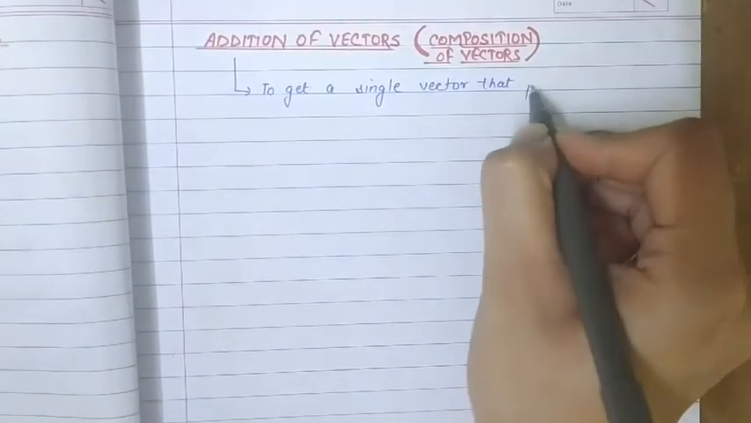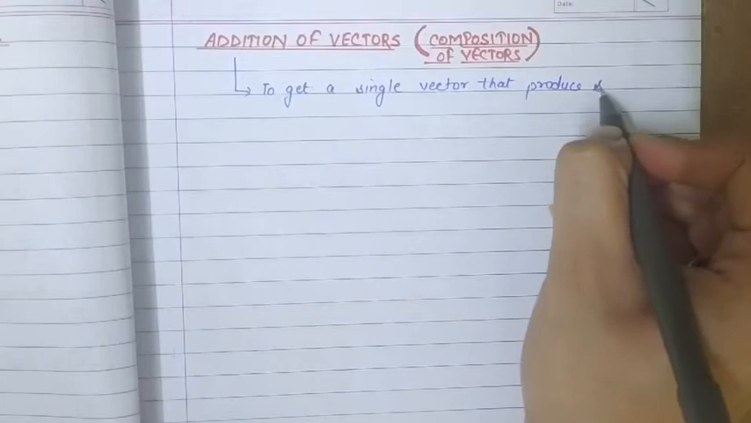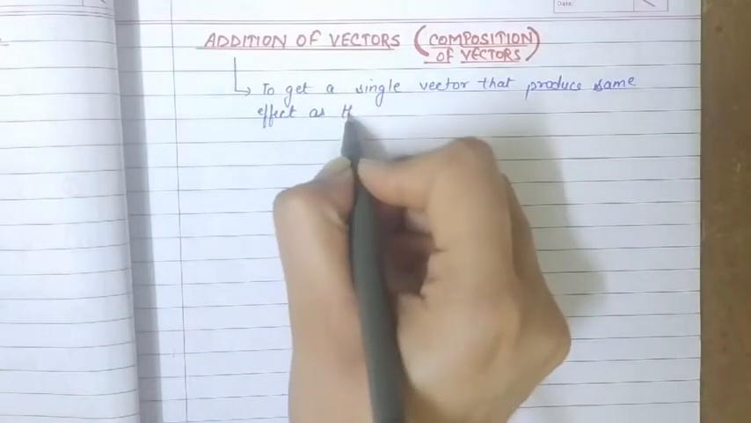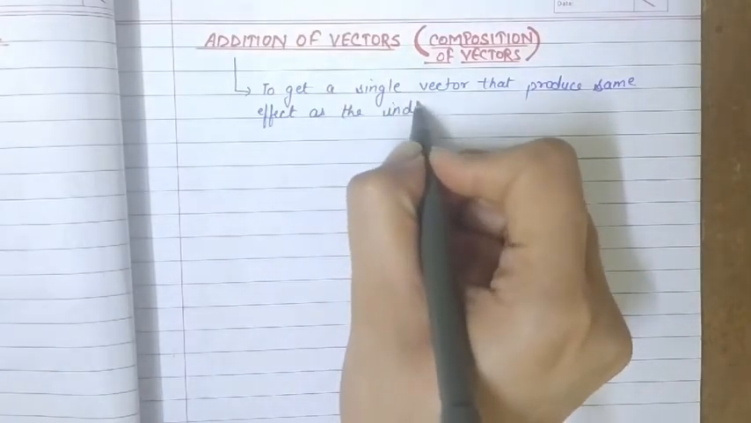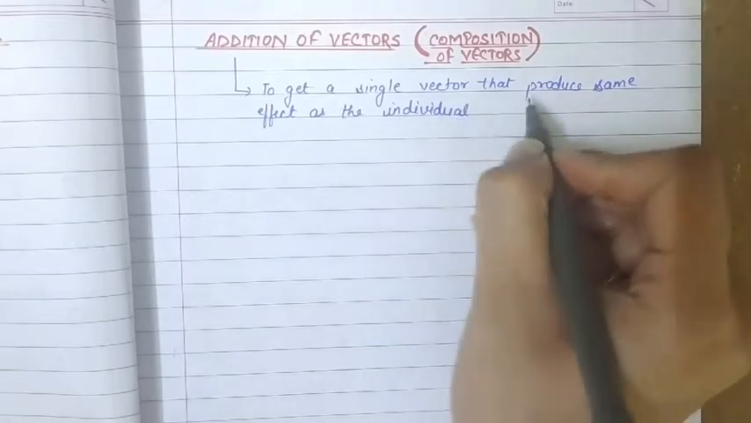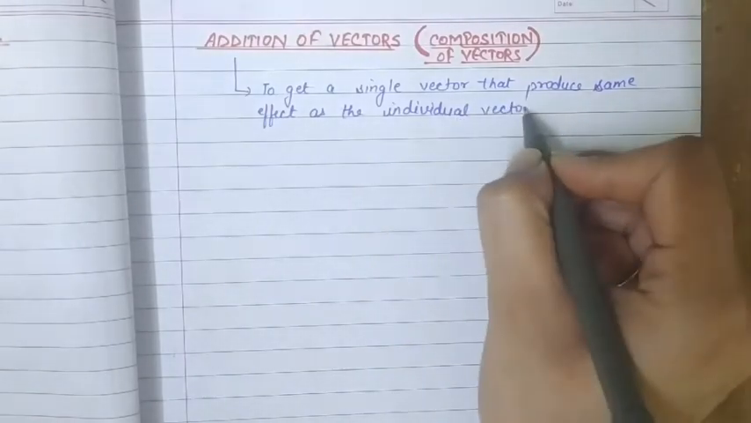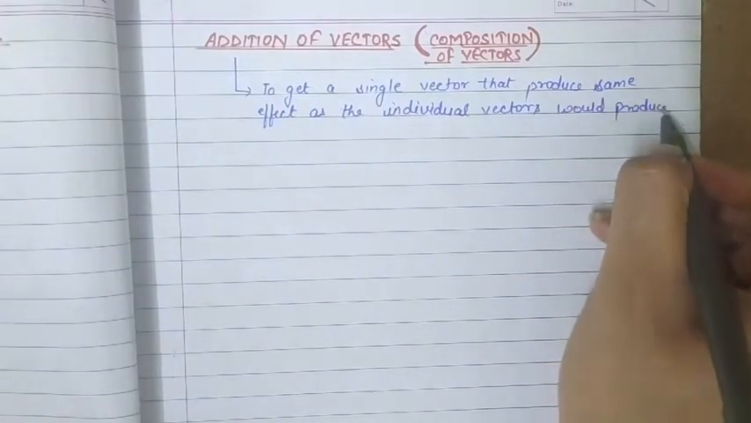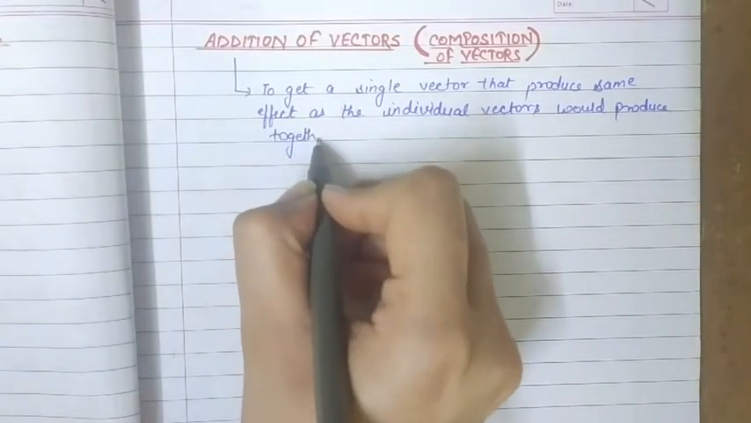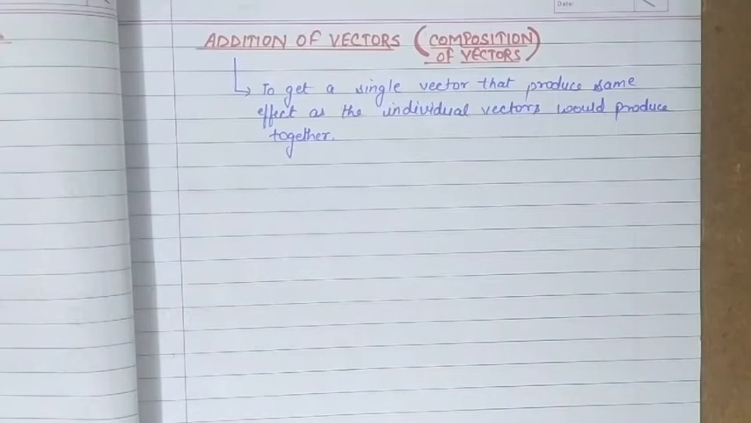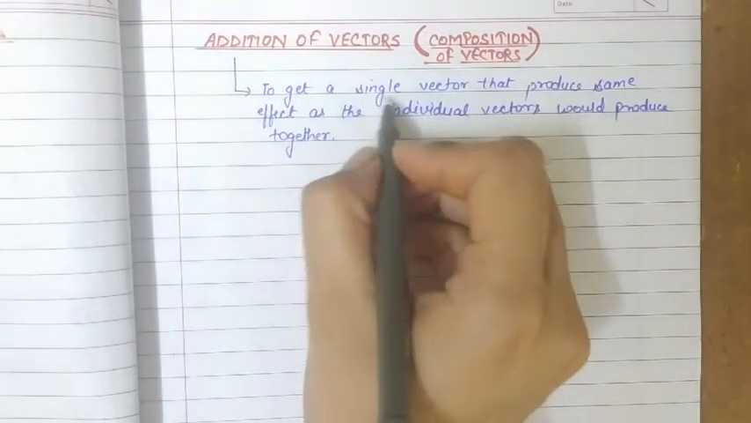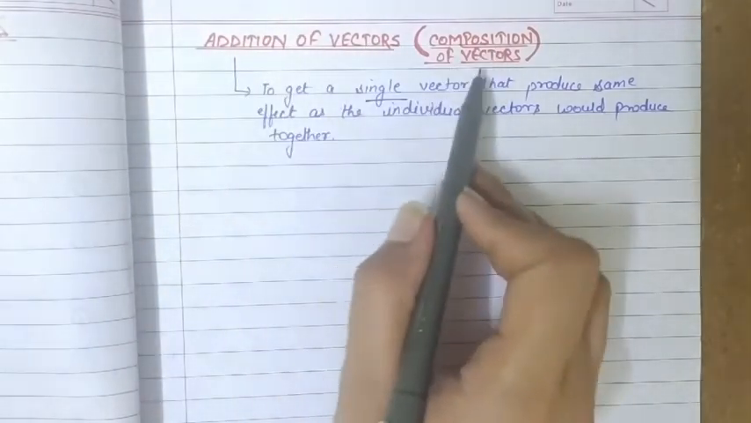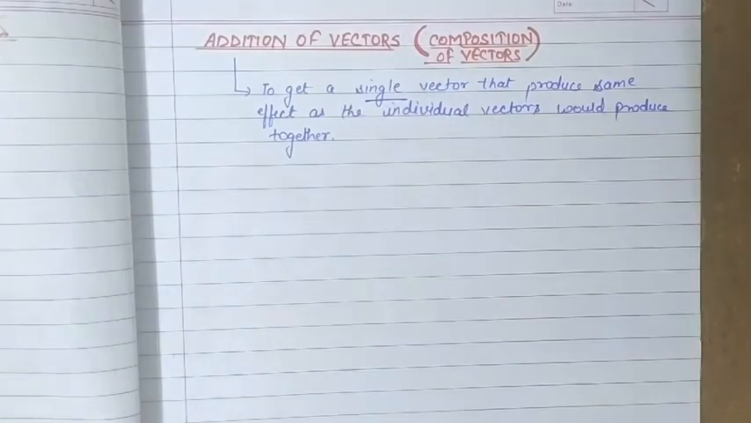So by addition of vectors I mean that we are trying to get a single vector that produces the same effect as the individual vectors would produce together. दोनों मिलकर जितना इफेक्ट प्रोड्यूस करते हैं उतना एक सिंगल वेक्टर प्रोड्यूस करे, then that single vector, this single vector is called the resultant vector, and by addition or composition of vectors we are trying to find that resultant vector